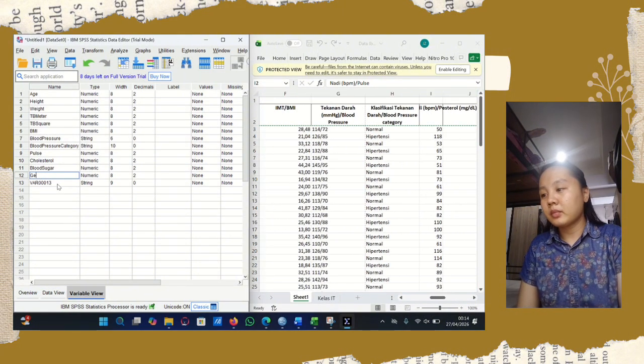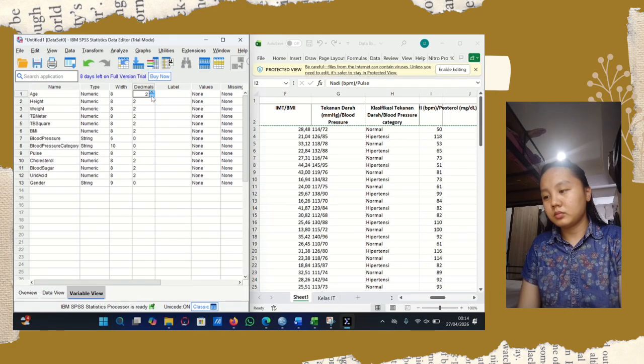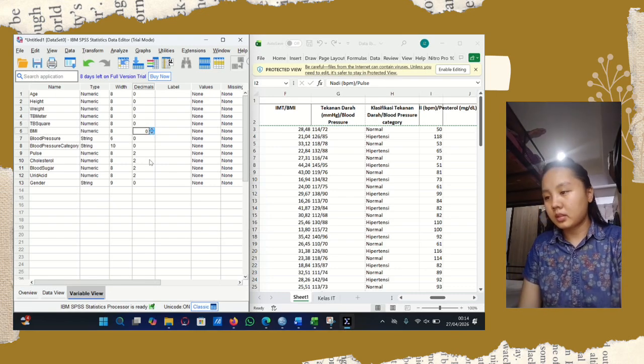Next, we change the decimal from 2 to 0.